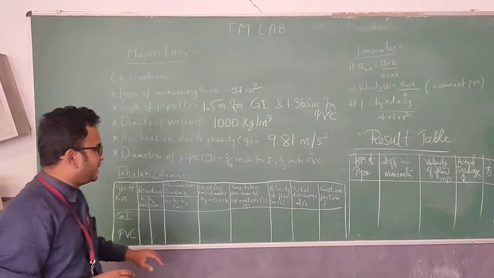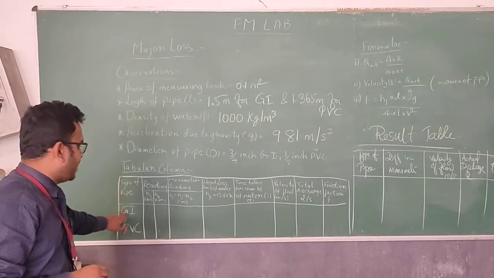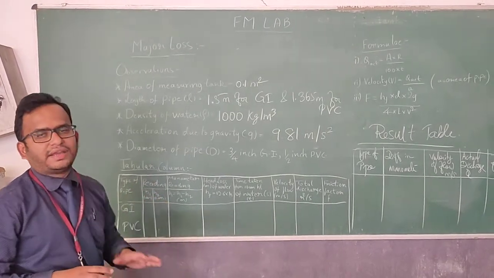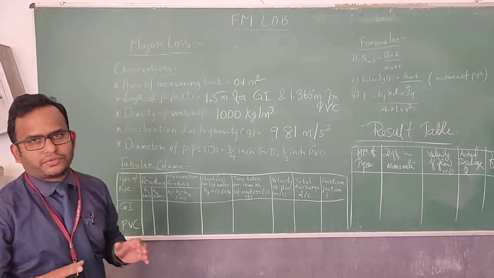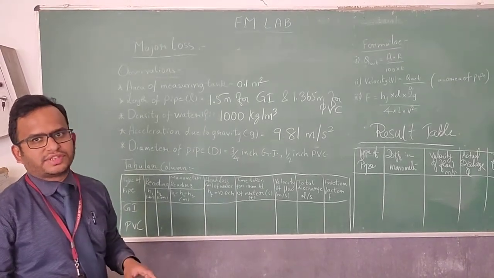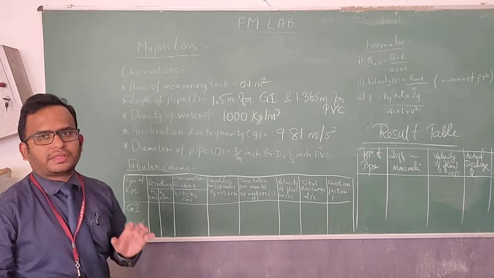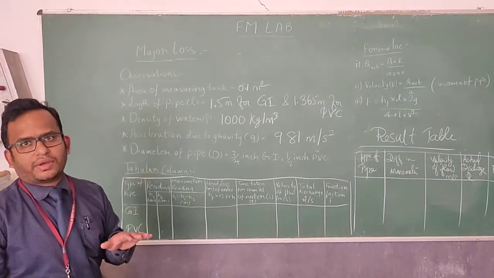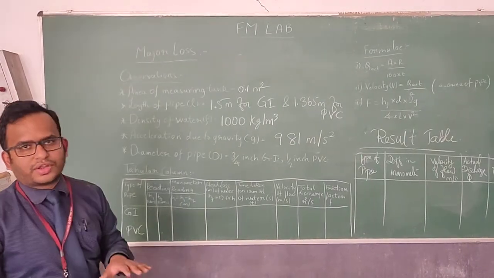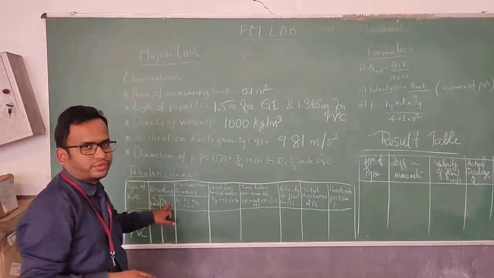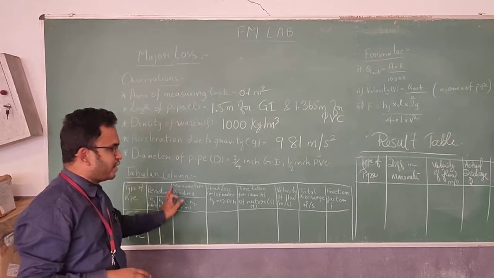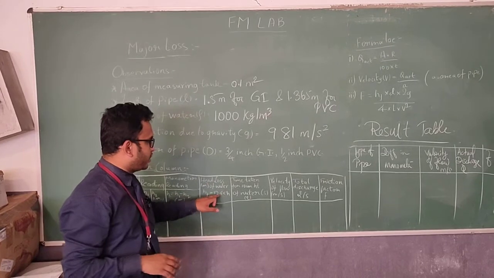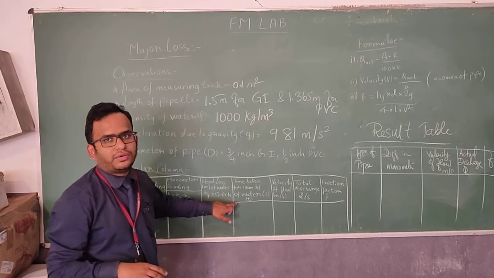Okay, so the first column is the type of pipe, that is GI and PVC. Then we have to take the readings H1 and H2 that we have taken in the manometer. Whenever we start the fluid to flow through the pipe, there are some pressure changes happening in the pipe. Those pressure changes are seen in the manometer, in terms of mercury. The difference shown in the mercury, H1 minus H2, is your manometer reading in terms of meter. Then we have to multiply it with the head loss of water, that is HF equal to 12.6 into H.